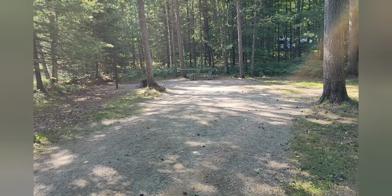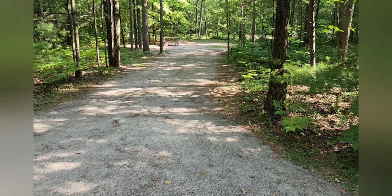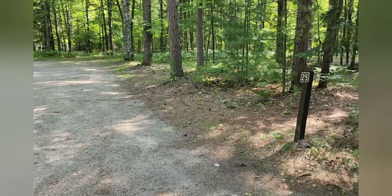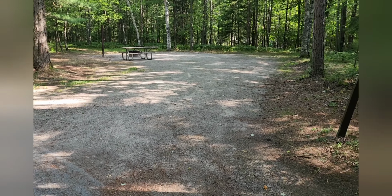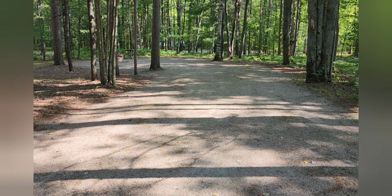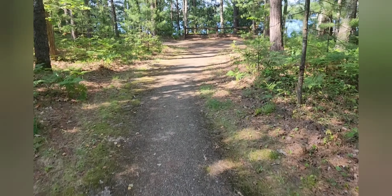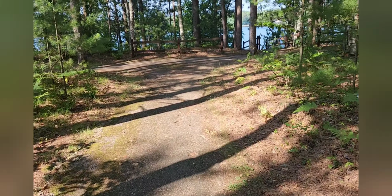Surprisingly, coming up on a holiday weekend here, this campground was not as busy as I would have expected, and I'm not sure why. Bugs were not bad, so it's not like there's a ton of mosquitoes or flies that were getting me. I mean, there were a few, as you would expect, but not to the point that I would ever consider putting on bug spray. So that's not keeping people away. The only thing I can figure is they're just north, closer to Pictured Rocks, or they're staying home waiting for